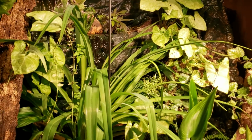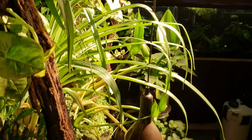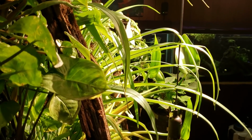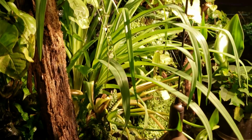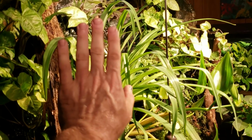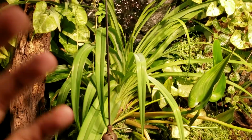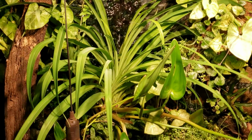I'm also really happy to say, if we look at it from the side, look at the three-dimensional aspect of it. Look at how everything's growing out and towards that light. And that's what I was really hoping I was going to get. I didn't want this growing straight up into the waterfall. I wanted it growing out and forward. And I really want the flower spikes to come out and forward, so they're sort of in our face. If you can see all that,